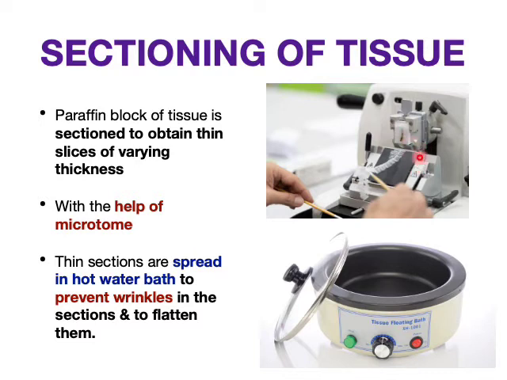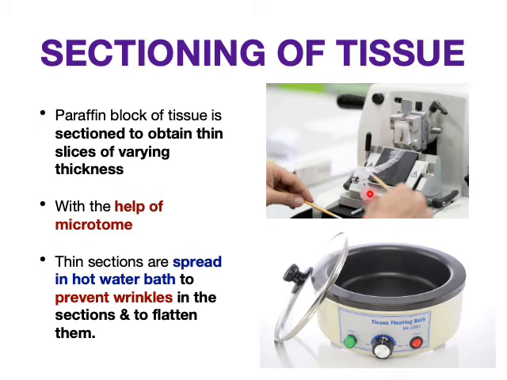In the microtome, we adjust the sections, and with continuous rotating movements we cut the tissues. Because of these continuous rotating movements, some friction is seen there. Because of that friction, heat is generated. That generated heat will melt the paraffin wax here. Thereby the tissue sections will be obtained in a ribbon-like pattern. Here you can observe the ribbon pattern of the tissue sections.